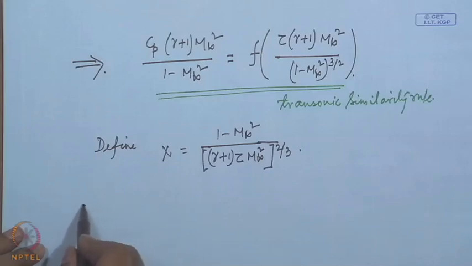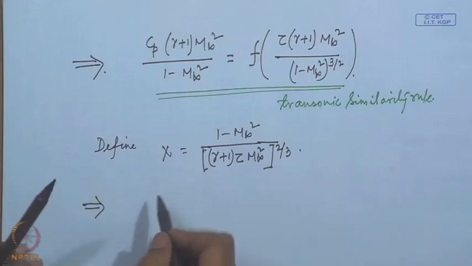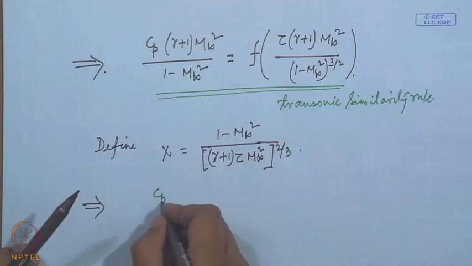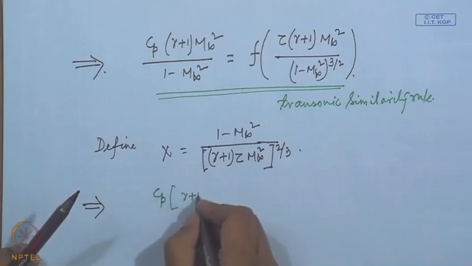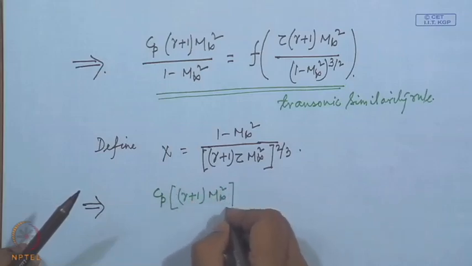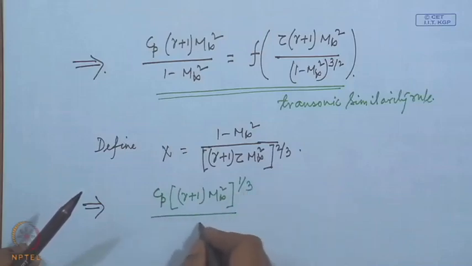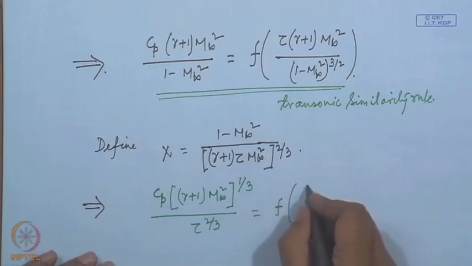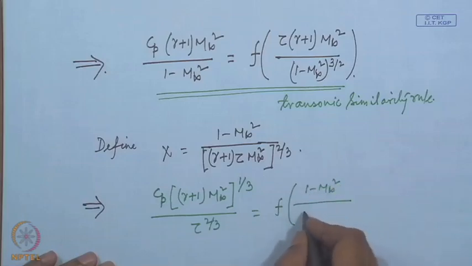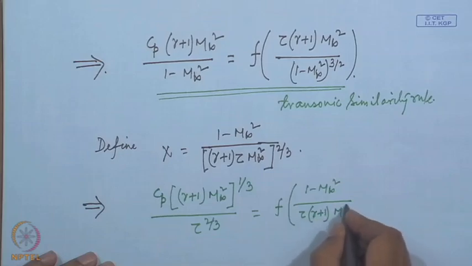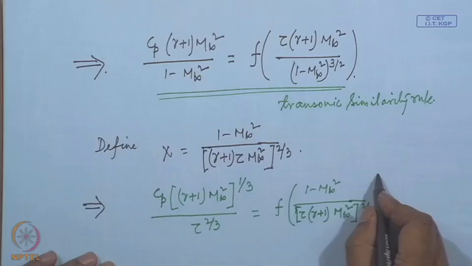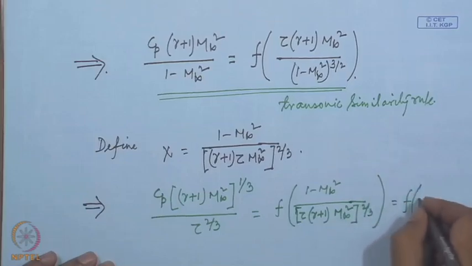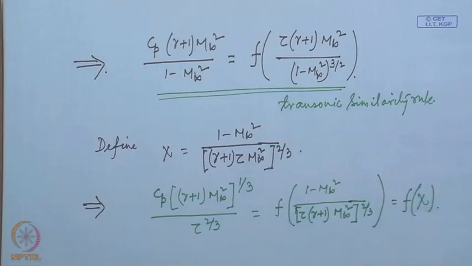Then we have Cp multiplied by gamma plus 1 M infinity square to the power 1 by 3 by tau to the power 2 by 3 equal to function of 1 minus M infinity square by tau into gamma plus 1 M infinity square to the power 2 by 3, that is a function of chi. So, this is what is treated as the final form of the transonic similarity rule,